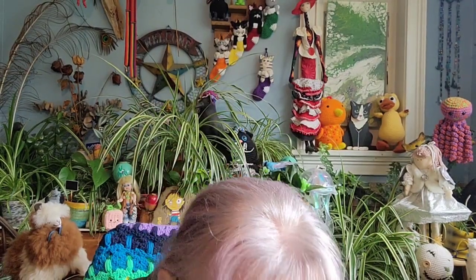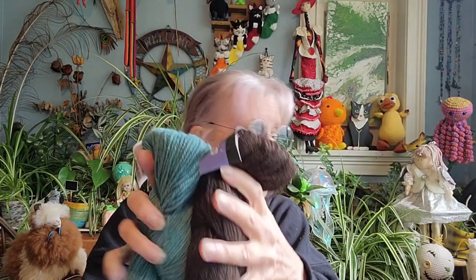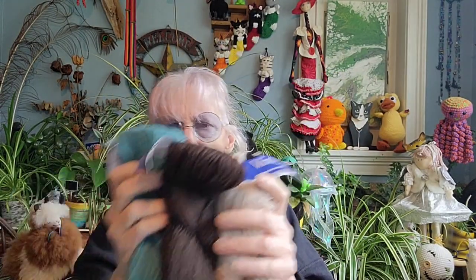And then the last bag. I think that we used to get more in the bag, but with shipping and everything else, this is still a great bargain. Ultra Alpaca. Now, did we already get one of those? Yeah. So we've got the brown Ultra Alpaca, and it could go with this vintage. No, I don't like those 2 colors clash. But there we go. Oh, that actually, I like that combo very much. So browns and blue. Yeah. Even though that's a vintage, it still works. They don't have to be the same company. And then more,